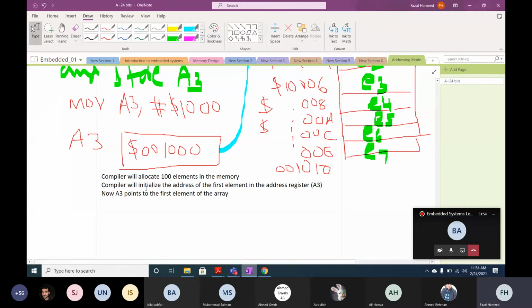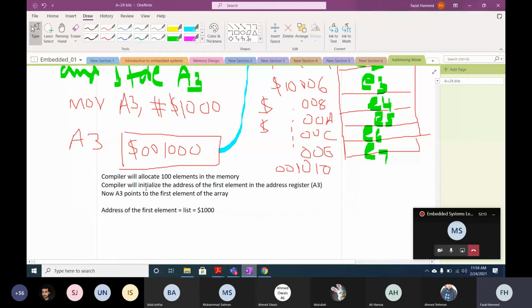Okay, so now what is the address of the first element? $1000.